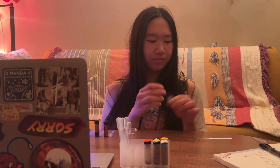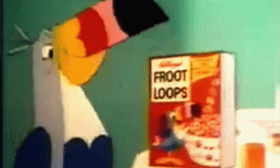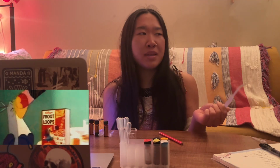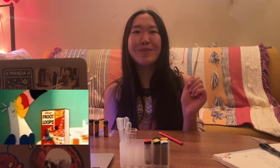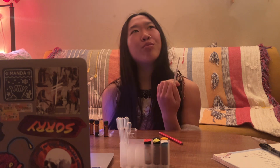The lemongrass essential oil diluted to 10%. All of my dilutions are in ethanol, so let's give a sniff. Okay, so I smell, of course, that lemongrass, which reminds me of Fruit Loops, that lemon Fruit Loops flavor, but it's not quite lemon. There's also bright in the way that maybe frankincense is bright. Lemon, that brightness,